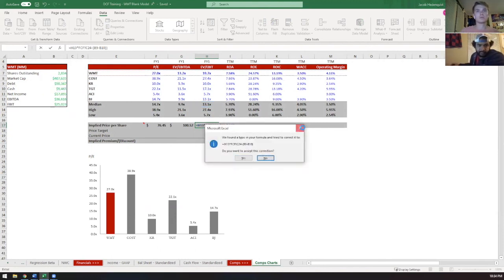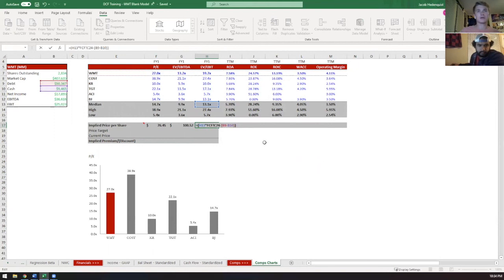Ooh, my bad. Put all that in parentheses and then divide all that by our shares outstanding. $84.51. So, obviously this is far off from Walmart's current share price, but